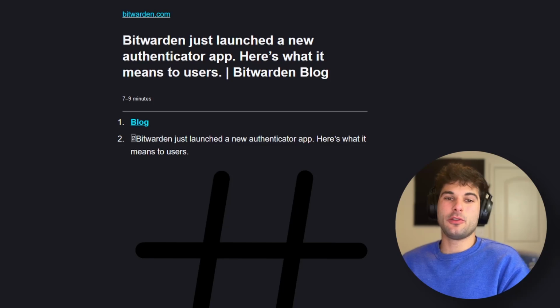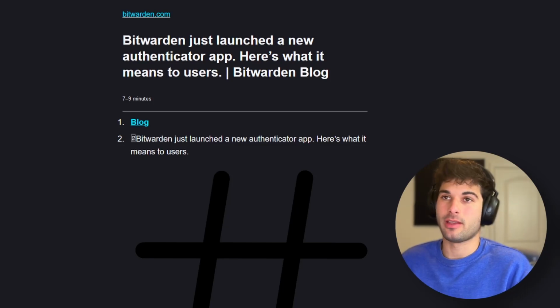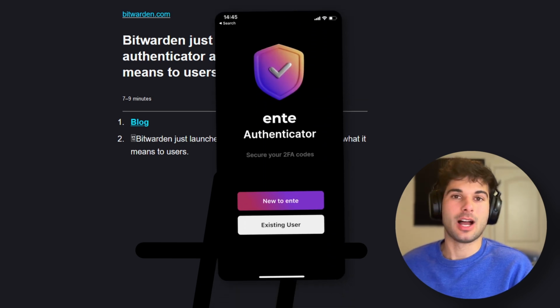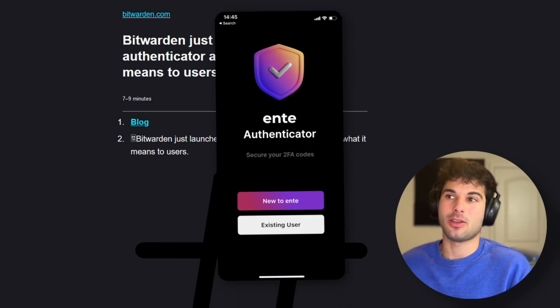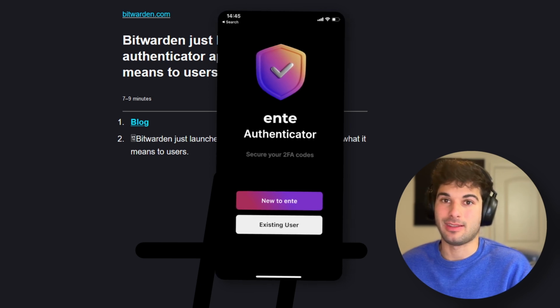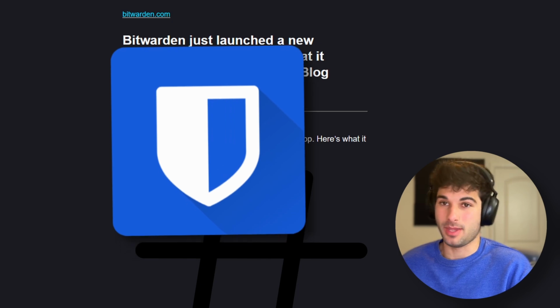Now we're going to go into the FOSS category, free and open source. I'm really excited about this one just because I do know NT released NT Auth, which is now kind of like a nice, really solid TOTP cross-platform option, which we just haven't seen in a while now. But now we have a second person in the ring, which is Bitwarden, of all people, who has a very